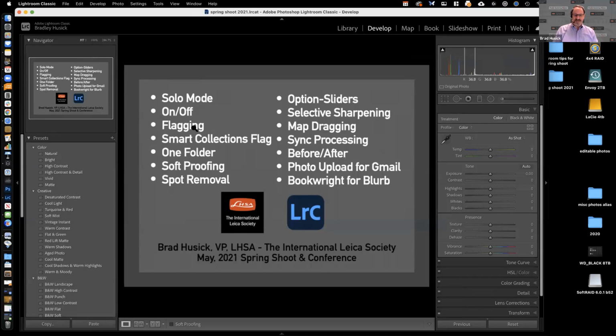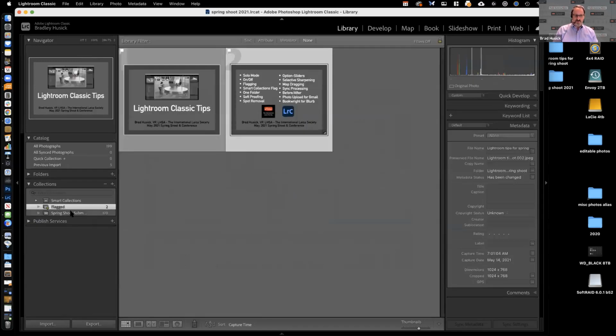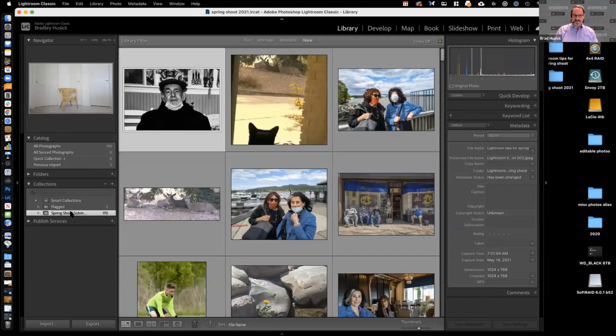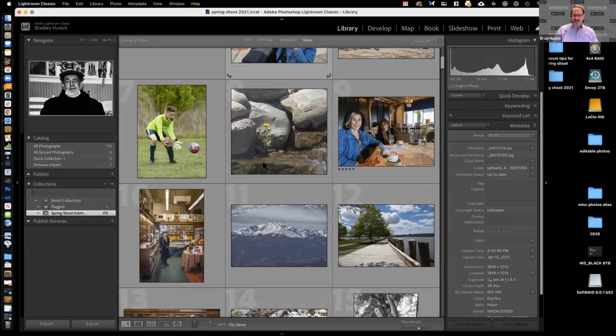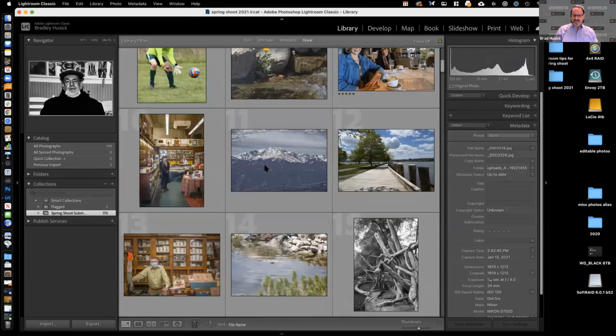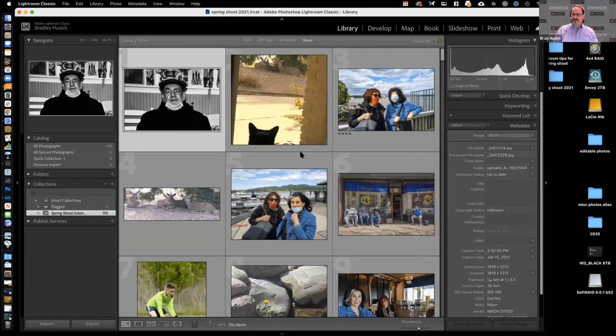Okay, my next tip is flagging. So many of us take a lot of photographs. In this, we're going to be reviewing 170 photographs from the spring shoot submittals. And if we have a whole bunch of photographs and we want to decide which photographs are worthy of future work, the easiest way to do that is to set a little white flag in the corner of the image, and that